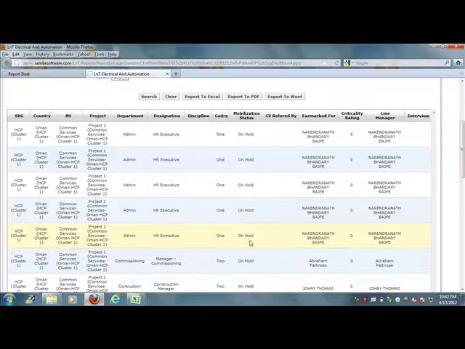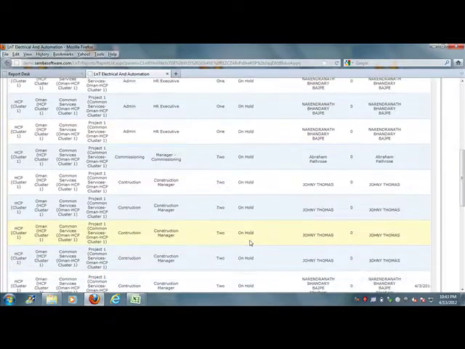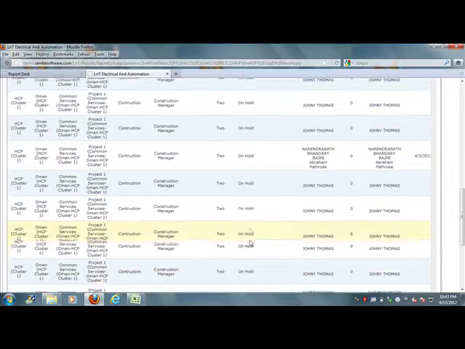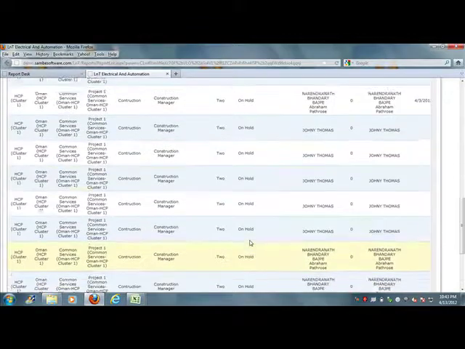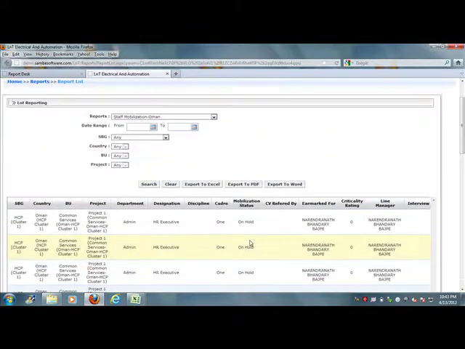It will show under a particular SBG, under a particular country, BU and project, under a particular department, the designation, under a particular designation, the candidate who is falling under a particular grade, the status, which will be shown as different statuses like on hold, on deputed, on direct, on mobilized. This status will be shown.